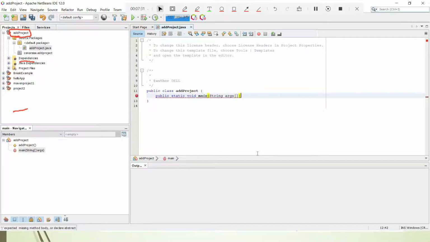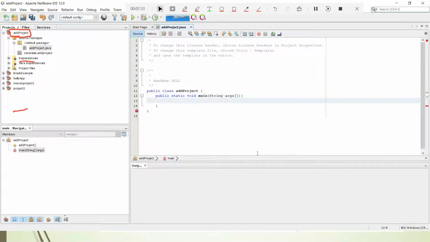You can see that once you put an open bracket, it will automatically put a closing bracket. You need not put the bracket here, it will do it for you. I'm adding two numbers here. Int a declaration is normal, students: a is equal to 10 and b is equal to 20. I'll just add these. We can also see some other operators. What I'll do is just put 120, so that it will be okay for all.